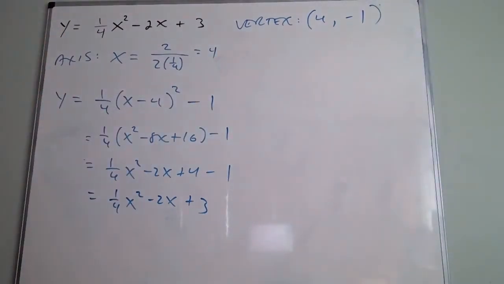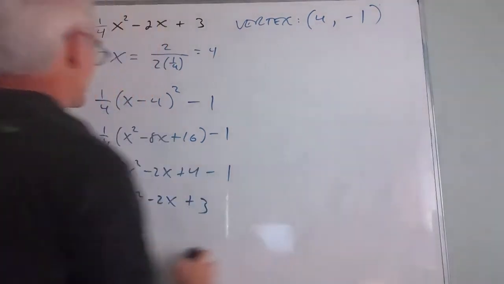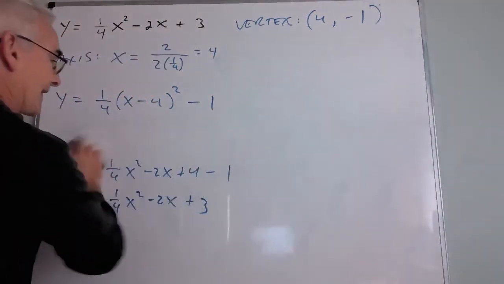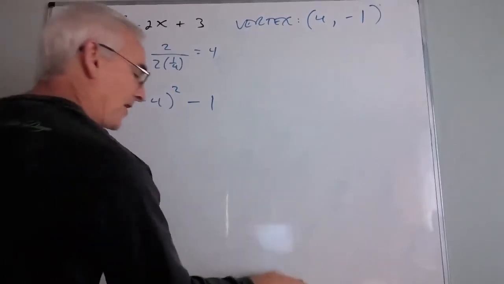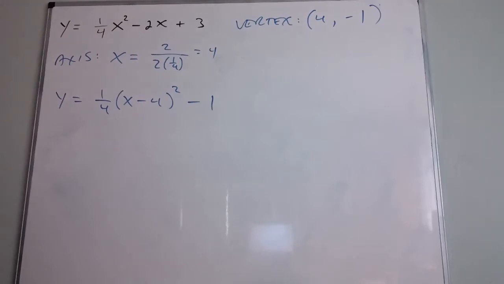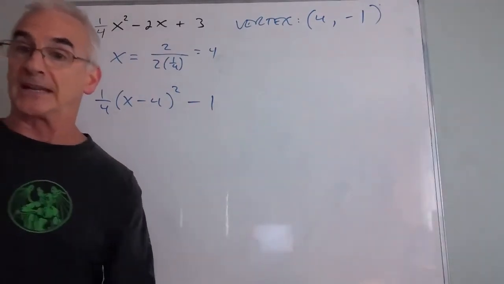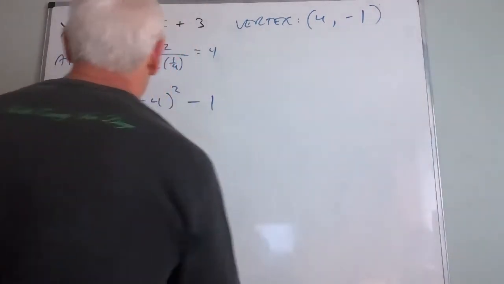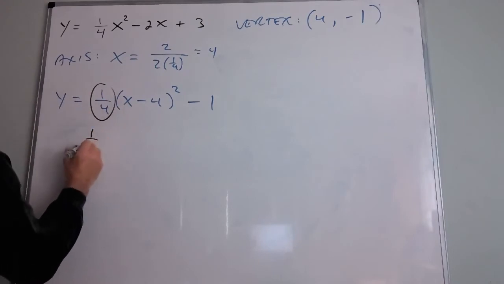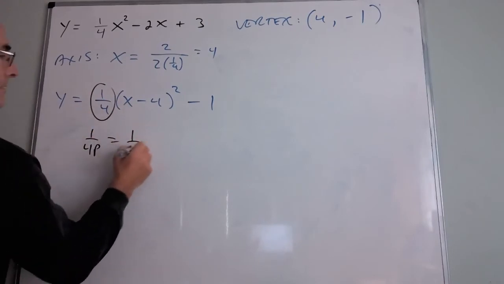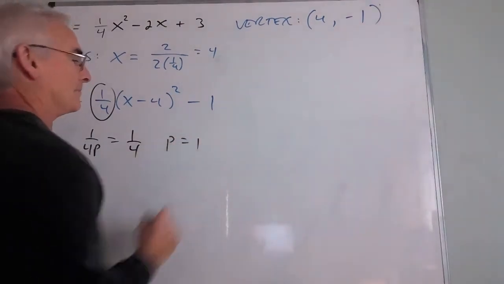So I have the vertex, I have the axis of symmetry. I still need the focus. I still need the directrix. This is just the check. Now, how do I find the focus and the directrix? Well, I need to find the value of P. I need to know how many units to move from the vertex in order to get to the focus and the directrix. So since this is 1/4P,